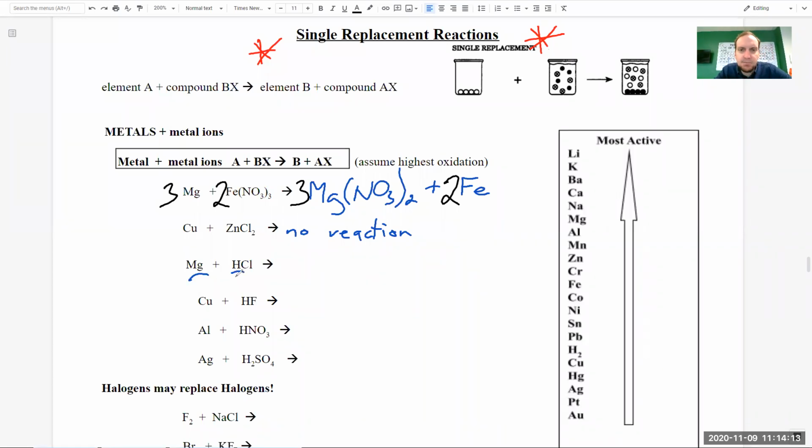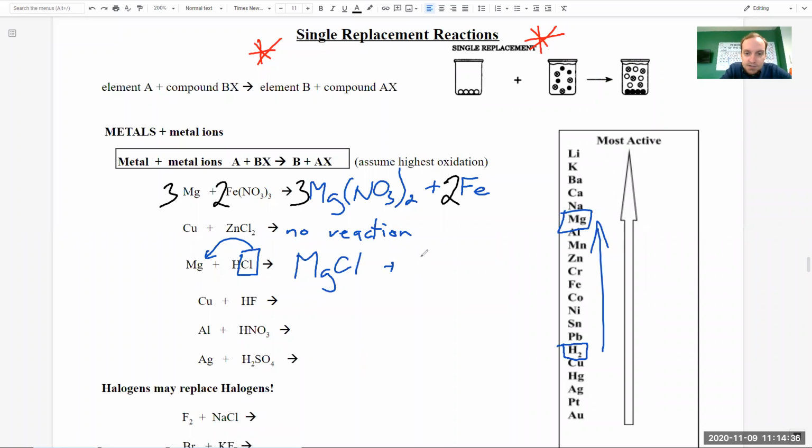Now, I know H isn't a metal, and the activity series looks like most metals, but believe it or not, there's the H. It's the only non-metal on here. And my other one is magnesium. So magnesium is a whole lot more active. So definitely it's going to steal that chlorine and take it. Again, the H is going to have no ability to stop it. So we're going to be left with